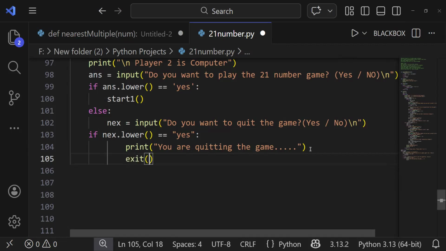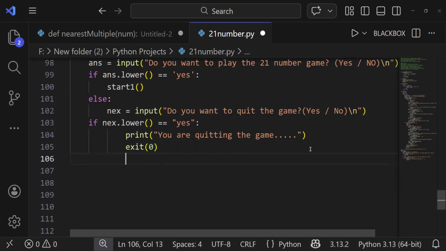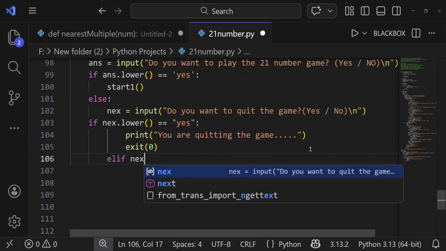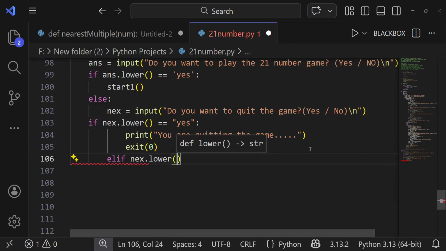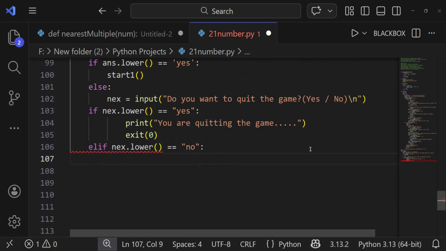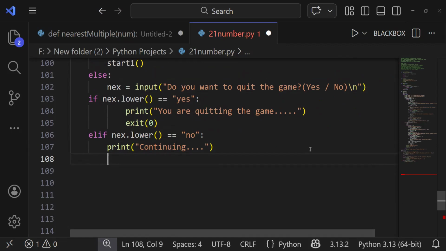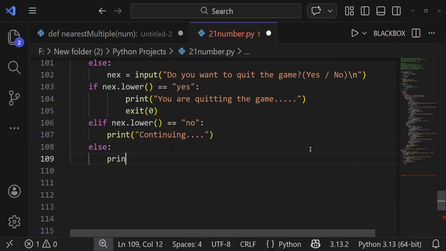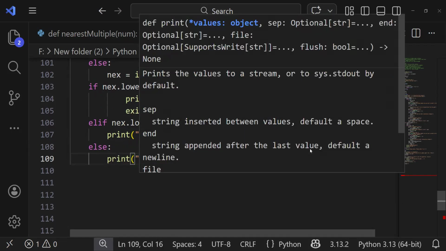And then exit 0, then elif next dot lower equals no, print continuing, else print wrong choice,